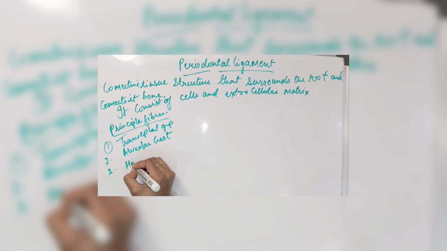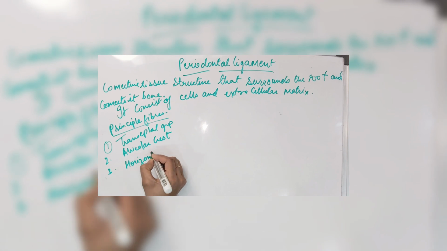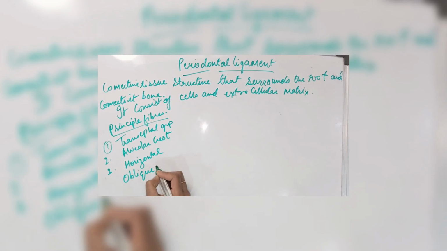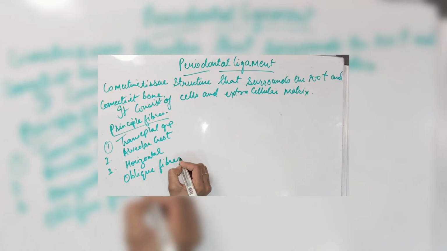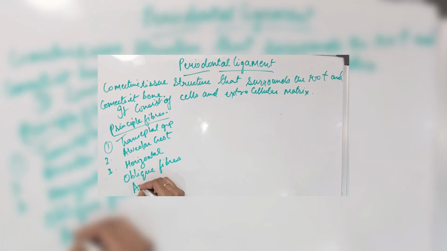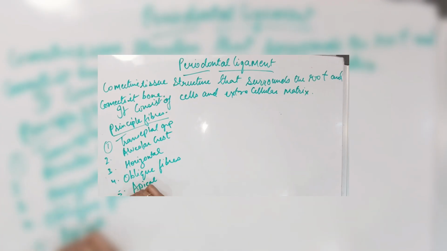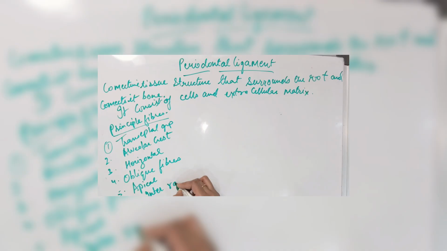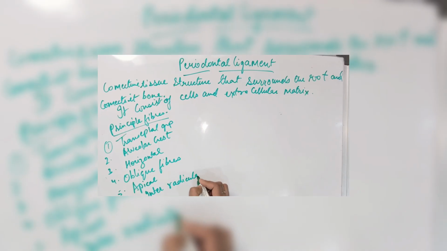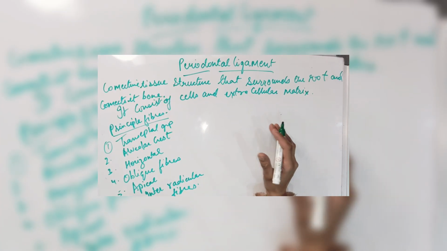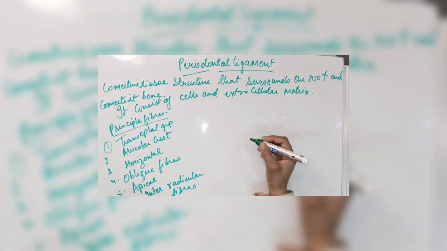Horizontal, oblique fibers, apical fibers, and the last one is interradicular fibers. Now if it comes to the basic structure, principal fiber groups in PDL,